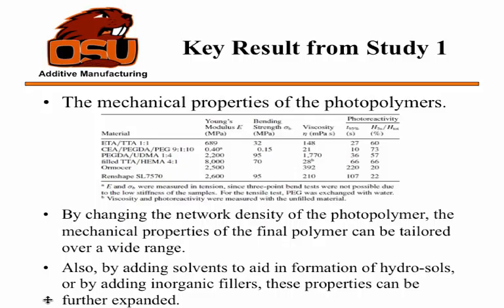So they saw that they were able to get a good range of elastic modulus, from 0.4 megapascals to like 8,000 megapascals. The 0.4 is because they added polyethylene glycol, which softens the material too much. Their main research study was to find out the mechanical properties of the photopolymers and to make sure that they can be used in